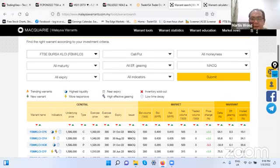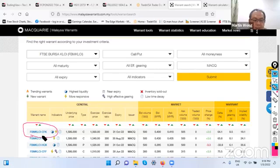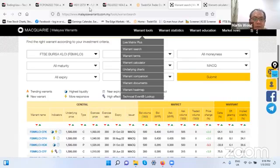Okay, but call and put warrants are not that risky, because let's say you invest in a call warrant, maybe you start small with 3K. That's the maximum drop. If you don't know how to cut loss, you just hold it, the maximum is it comes to zero. This is what you lose, 3K only. But if you are in futures,